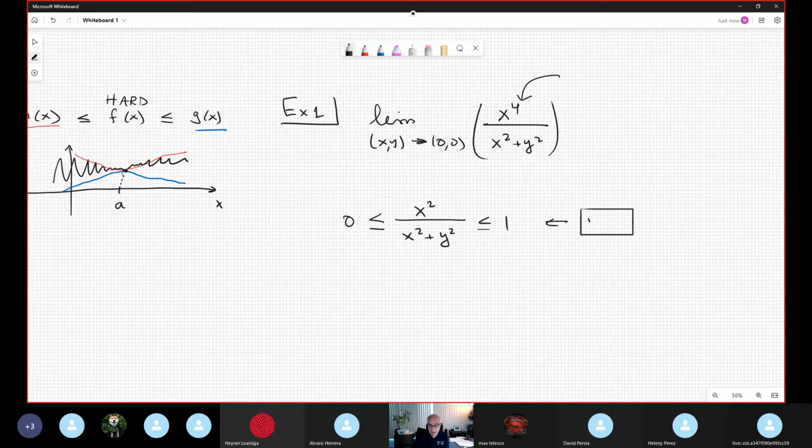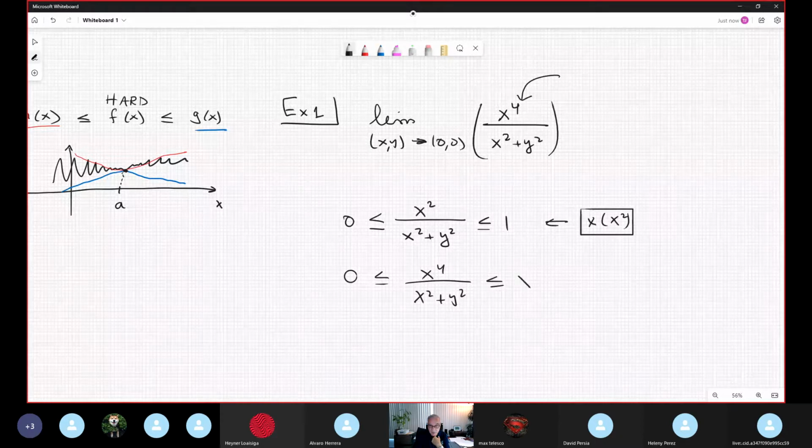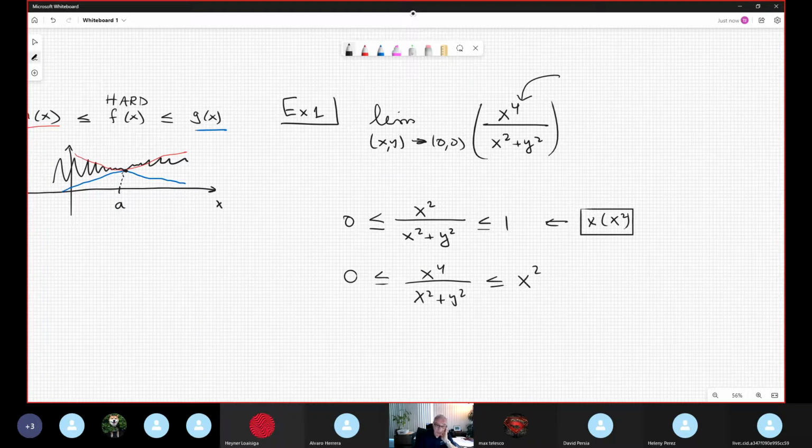Now you multiply this inequality by x to the 2nd power. When you multiply the entire inequality, we get 0 less than or equal to x to the 4th power divided by x squared plus y squared, less than or equal to 1 times x to the 2nd power, which is x to the 2nd power. Okay, suppose that limit is too hard. Well, it's not too hard, because we learned polar before, maybe we can do that. However, here, this is too hard. However, this is too easy. So instead of computing that limit, I compute the limit